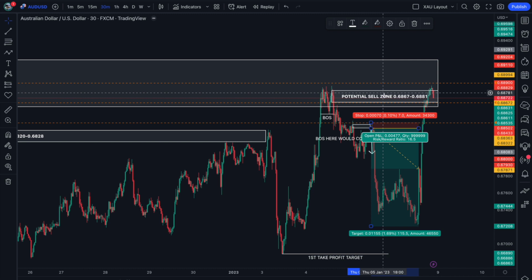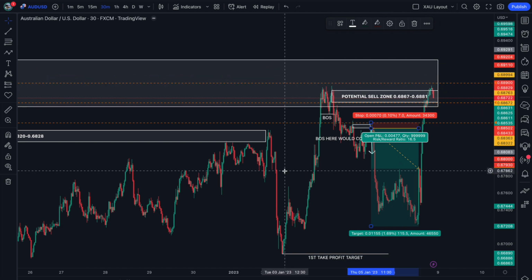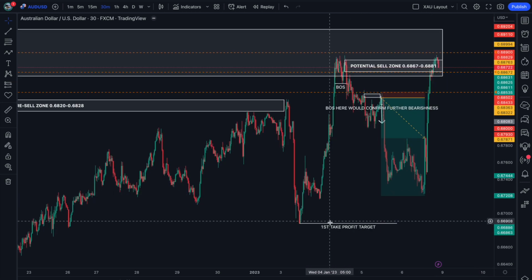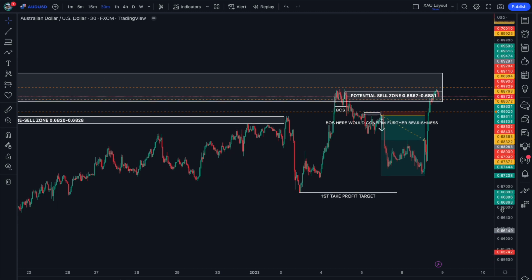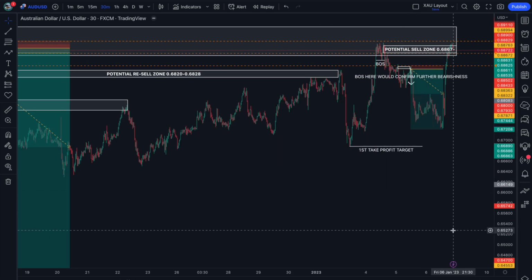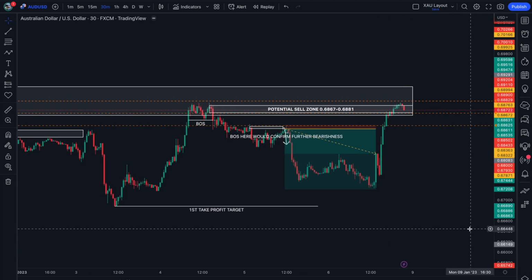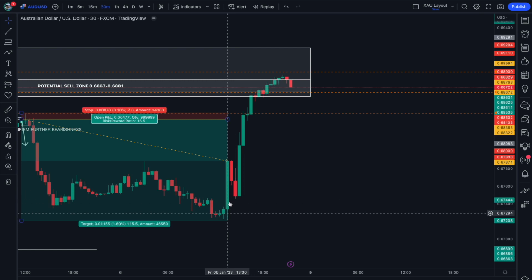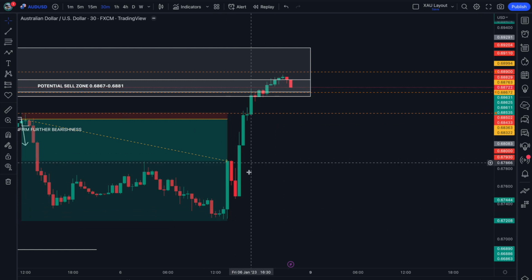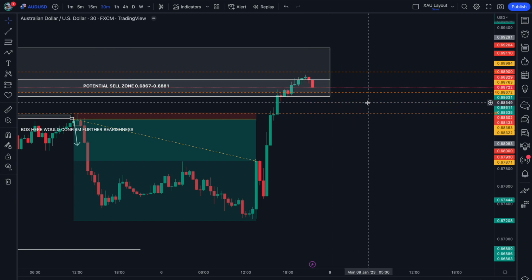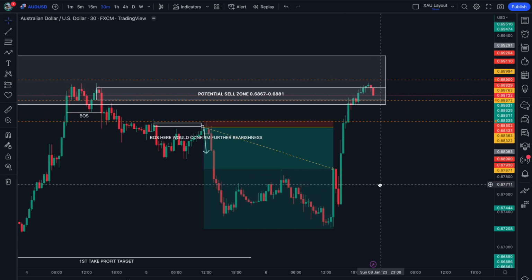What we've seen is price actually come back up to sweep this higher time frame supply zone. I believe that price is going to put in that next bearish leg and hopefully deliver us with our take profit target here, and we're going to see higher time frame structure break and hopefully a new bearish leg. So if we see a break of structure take place from this impulse, or this correction, should we say, this fractal corrective wave, if we see a break of structure from this and the deliverance of bearish structure, then we can look to actually sell into this market.